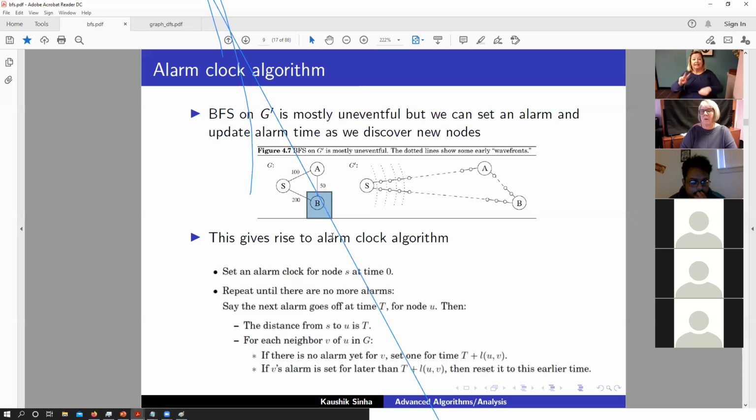Because it has the minimum weight. Yes, exactly, because it has the minimum weight. So initially we were talking about all of those vertices being equidistant from a particular node, but now we are also incorporating this weight inside our algorithm, and we are going to evaluate every vertex in terms of their distance instead of assuming that everything is at the same distance. Does that make sense, everyone?